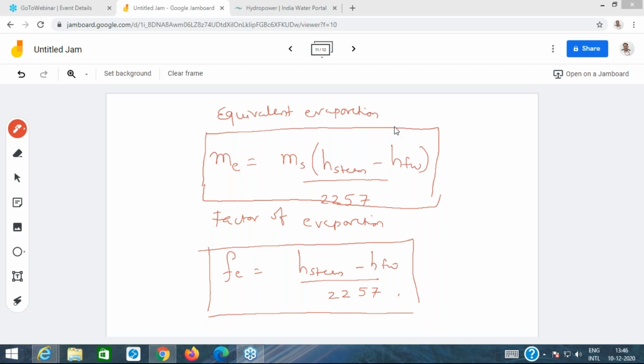Else I can simply give you the formulas. This is formula 1, formula 2, formula 3. Substitute the values, get the answers. That's it. So the numericals, when you are asked to find boiler efficiency, factor of evaporation, and equivalent evaporation, what you need to do is simply find out the enthalpy values from the steam tables, substitute those in the formulas, use your calculators, get the answers. That's it. It's that simple, from the examination perspective.